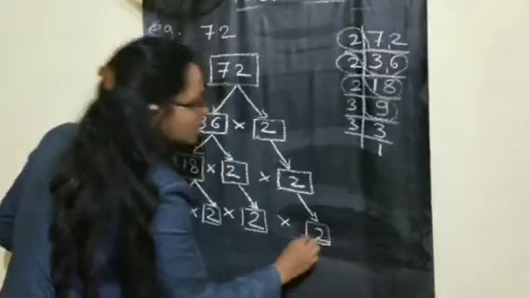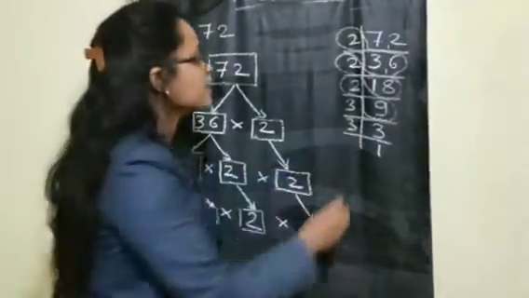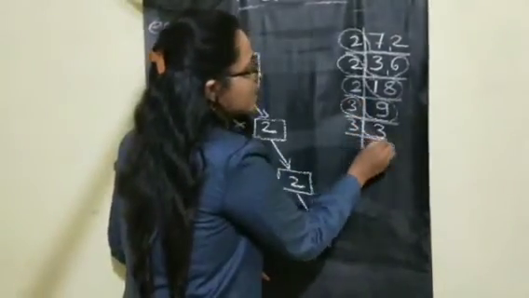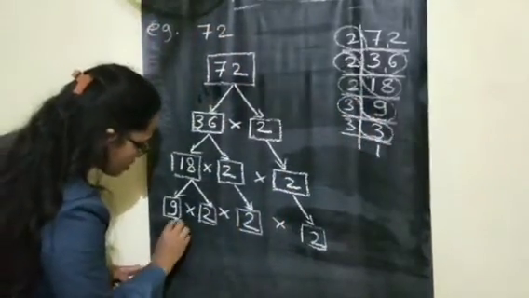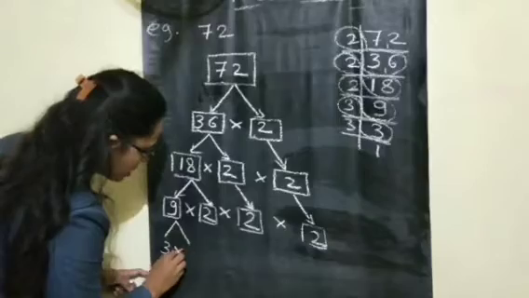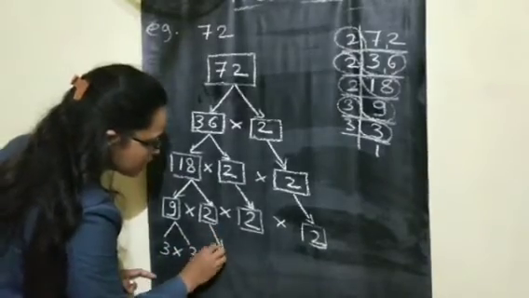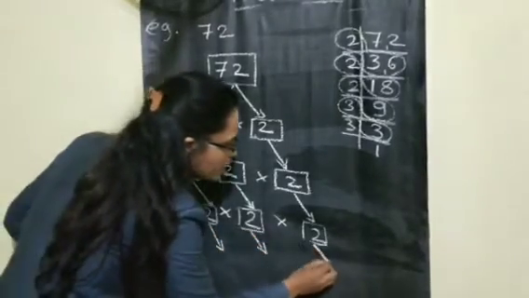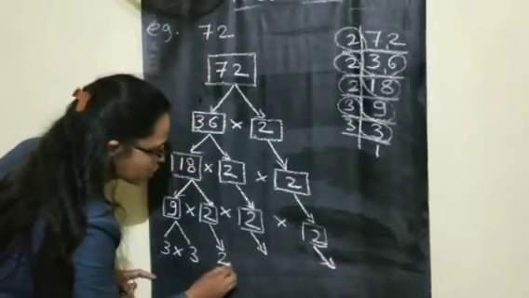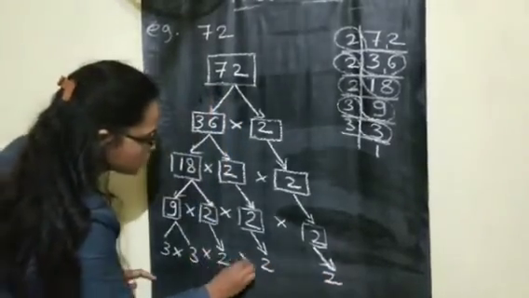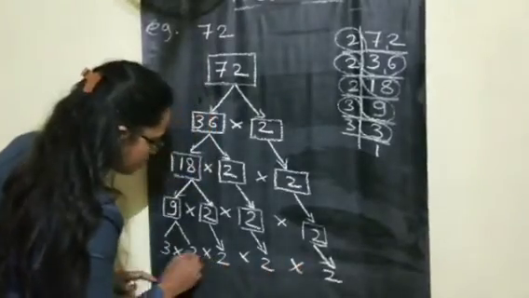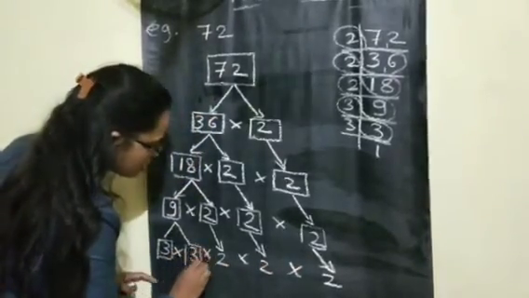Okay. Now 9, how can we split, children? 3 3s are 9. Again we can split here, 3 3s are 9. So again you can split here 3 multiplied by 3. And these other factors you have to continue till the end. Okay. 2, 2 and 2. Now show here the multiplication sign and put all the numbers in the box.